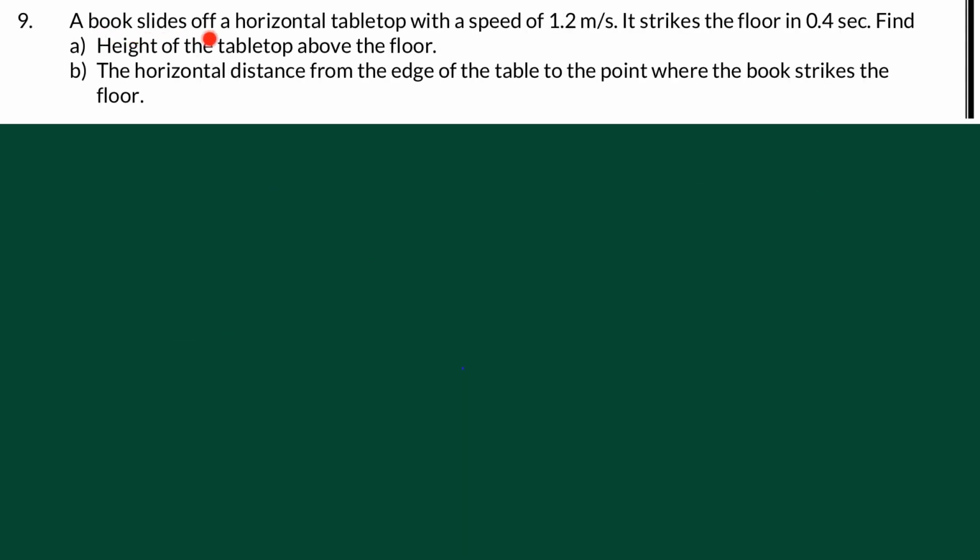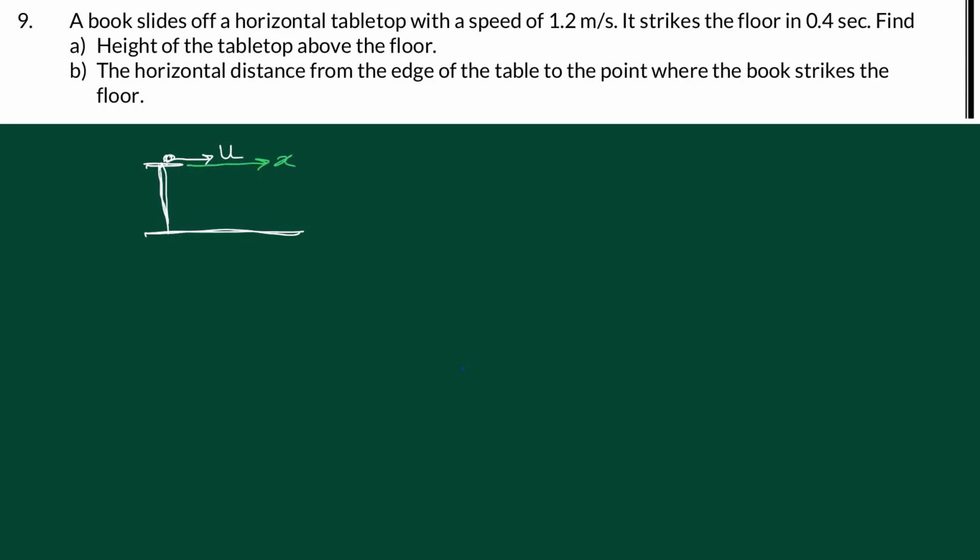A book slides off a horizontal tabletop with speed 1.2 meter per second. It strikes the floor in 0.4 second. Find the height of the tabletop from the ground or floor, and B, the horizontal distance from the edge of the table to the point where the book strikes the floor. So first, as usual, draw a diagram. Suppose this is the tabletop, this is ground level. The book slides off with initial speed u. First thing, we need to define the x-axis and y-axis. Suppose this is